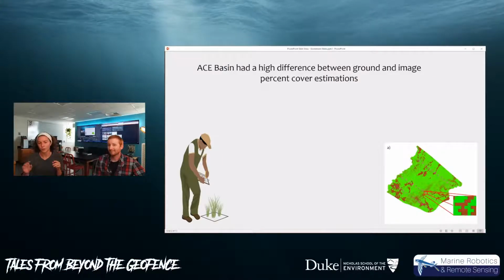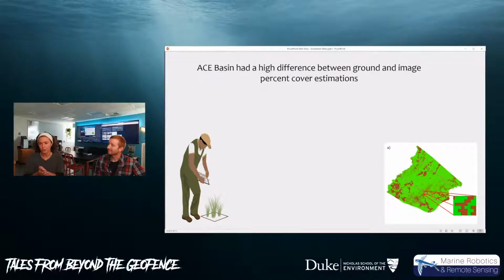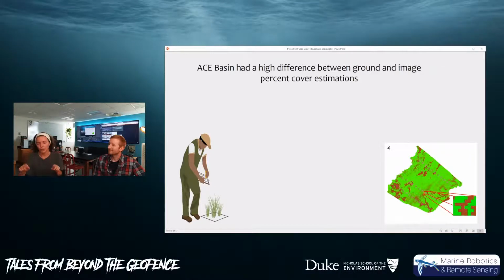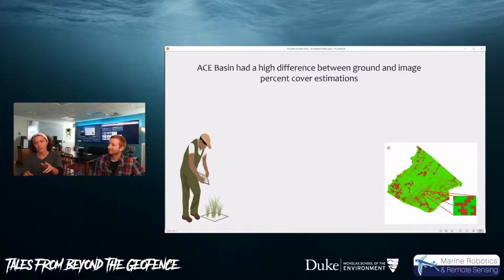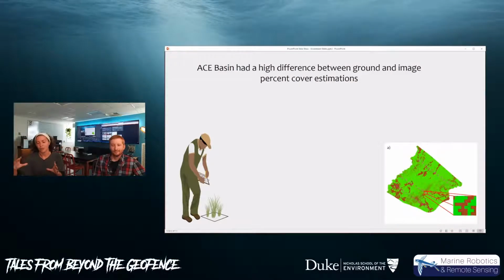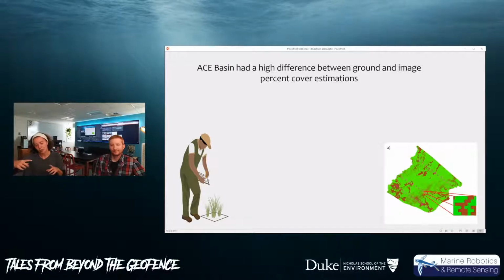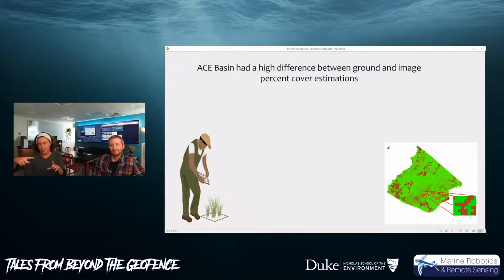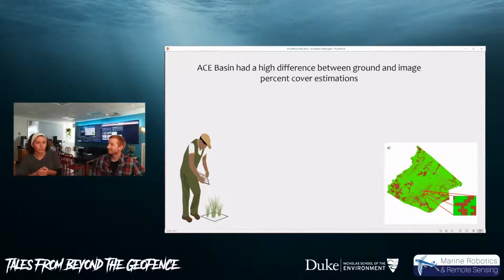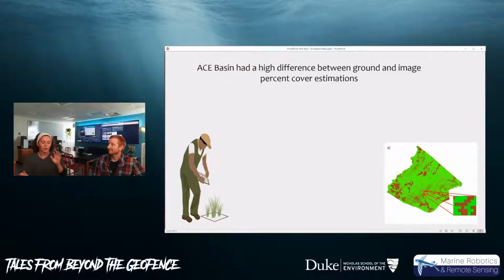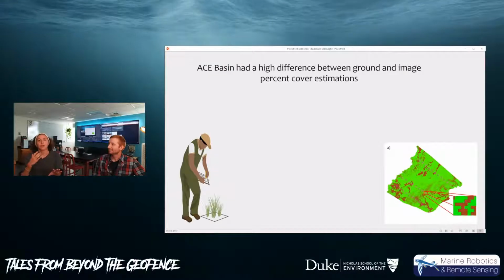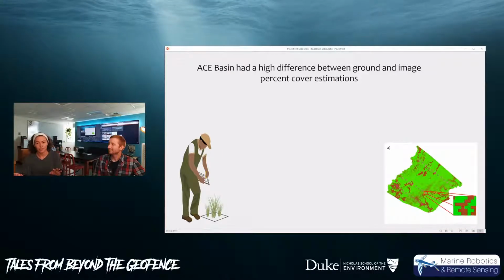So before I zoom into those blurry images, I have a couple illustrations here to orient everyone to what the percent cover analysis is. Percent cover is simply you have a square quadrat down on the ground, like the scientist on the left side of the screen. You have a series of these quadrats, and you go up to each quadrat and make a visual estimation of what percentage of that square is covered in vegetation. So we get a visual estimation on the ground. That's our ground-based estimate that we then compare to our drone-based estimate.